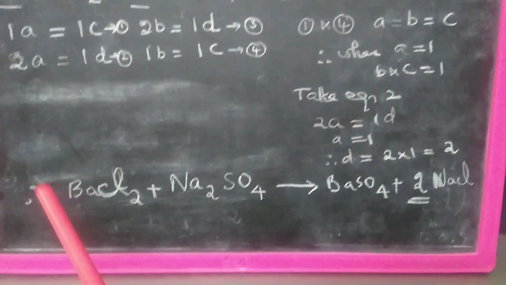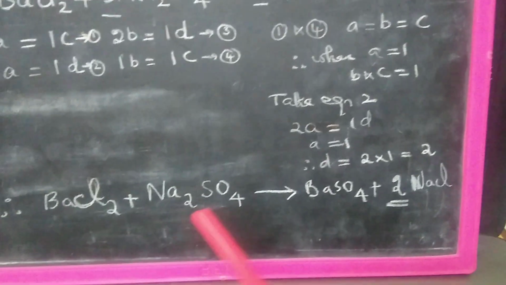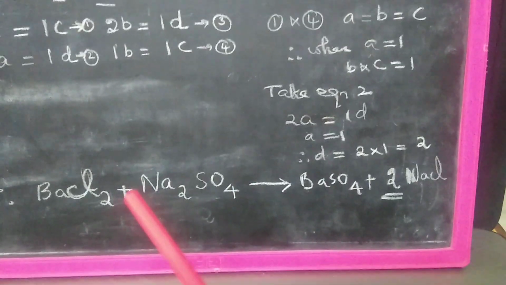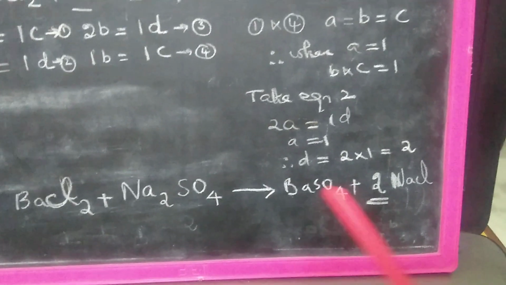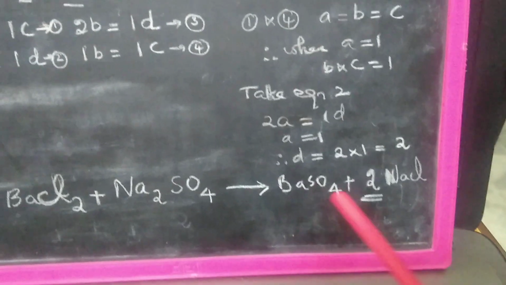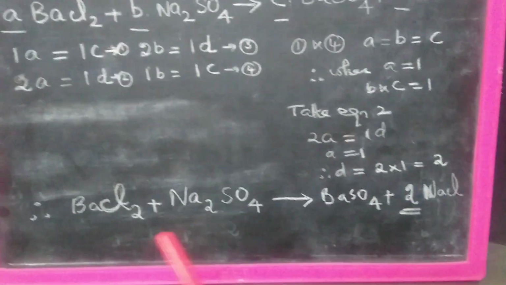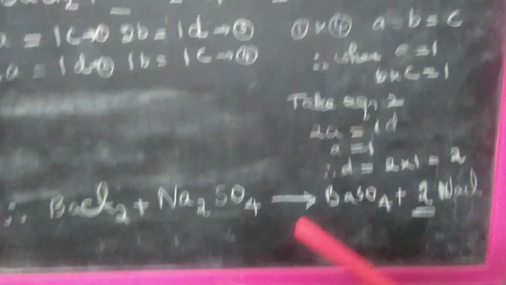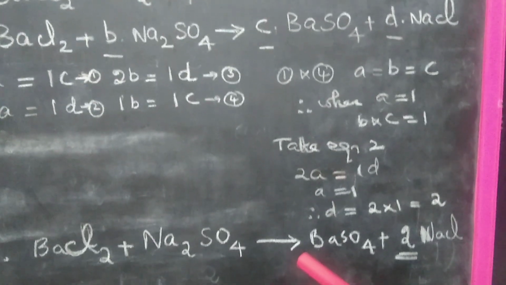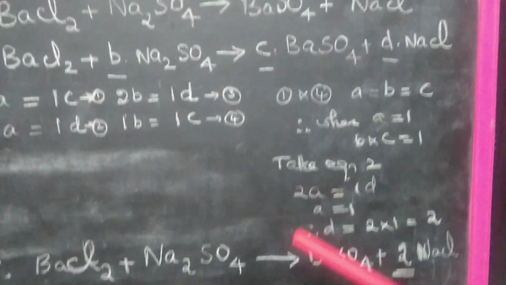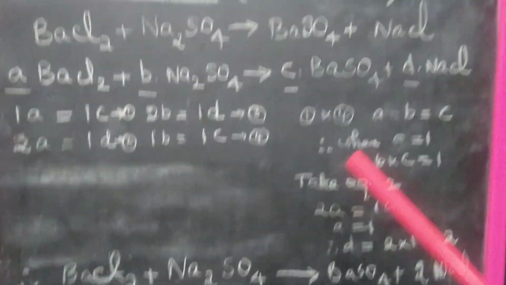1 BaCl2, 1 we need not write, plus 1 Na2SO4, we need not write that one, gives 1 BaSO4, that we need not write, and D is 2, therefore 2 NaCl. So if you count the number of atoms on both sides, now this will be equal. This is one of the easiest ways of solving a chemical equation